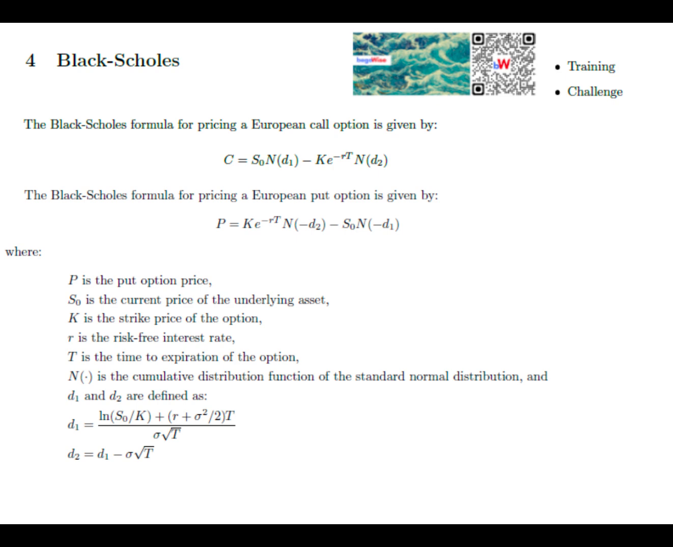Then let's look at the key inputs to the call option formula. The first input is stock price. This is the current price of the stock. If this price increases, your option becomes more valuable because you can buy the stock cheaper with the option. The second input is volatility. This measures how much the stock price is expected to fluctuate. Higher volatility means the stock price can change a lot, making the option more valuable because there's a greater chance